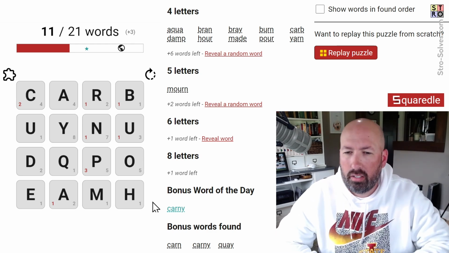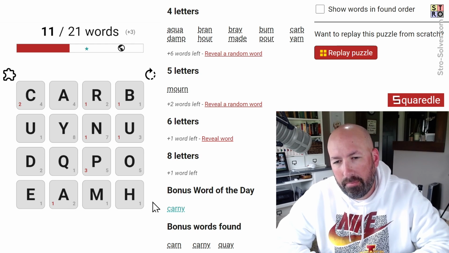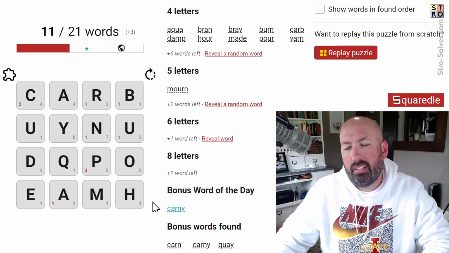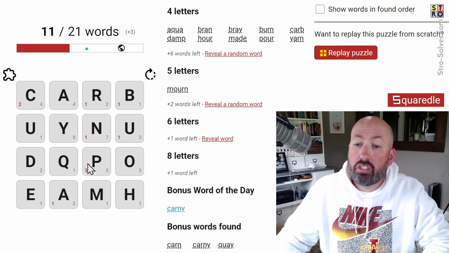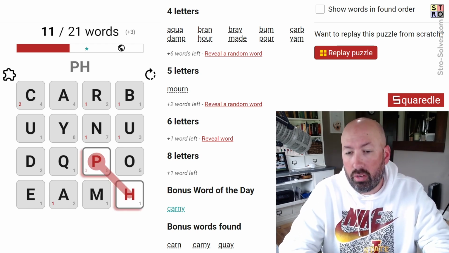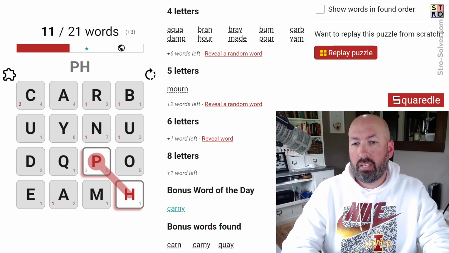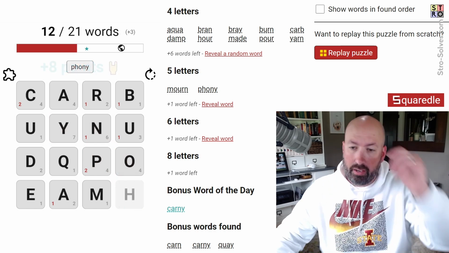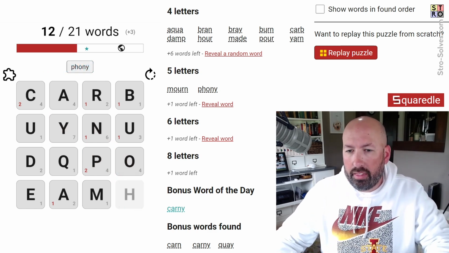But maybe A-P-H, but then, nah, I don't really like PH. It could start with PH. Could do PH at the beginning because we do have 3 words that start with P. PH, phony. There we go. That's the one with the H. Okay. Good, good, good. All right, and then